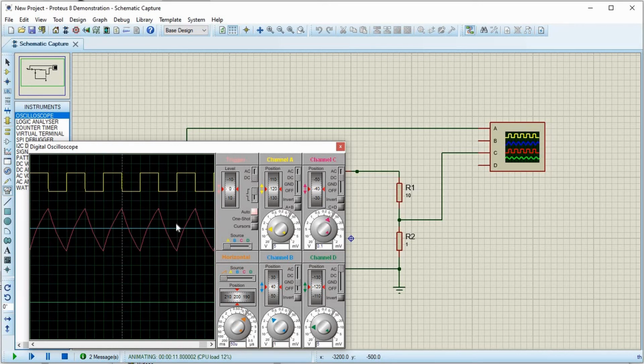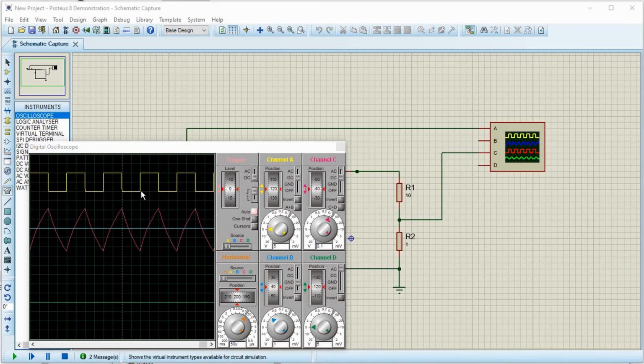So when the pulse came, the current started increasing. At this point, when the pulse turned off, the current, let's assume, was 1 amps. If it was not for the inductor, it would have dropped straight down. And this slope also would not have been there. It would have followed the same waveform.